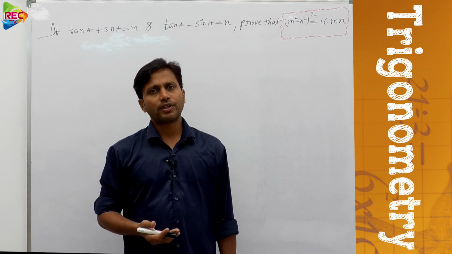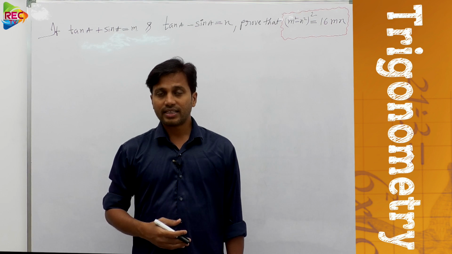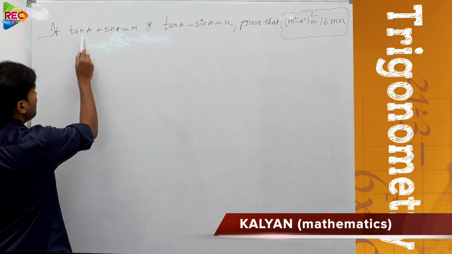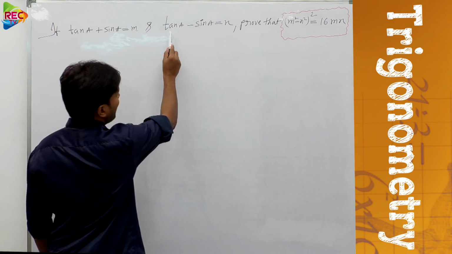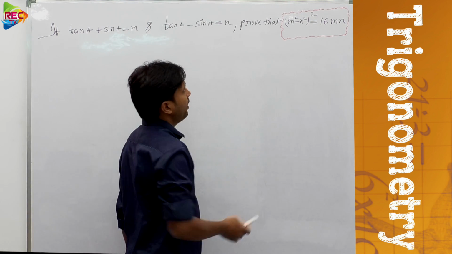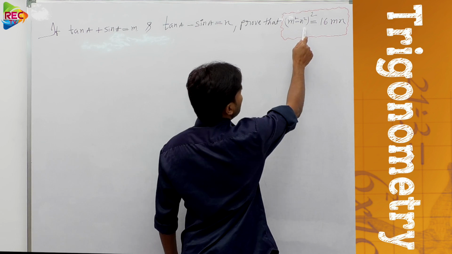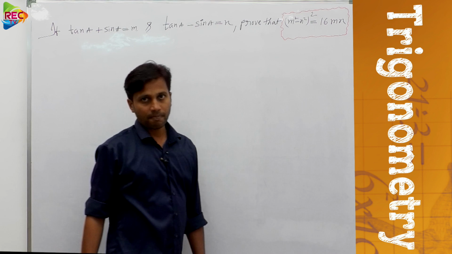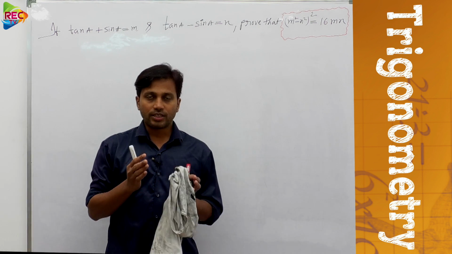Let's do one more problem on the trigonometric identities, and let us see what the problem is. Here, if tan A plus sin A equals m and tan A minus sin A equals n, we need to prove that (m square minus n square) whole square equals 16mn. And before we start doing the problem,